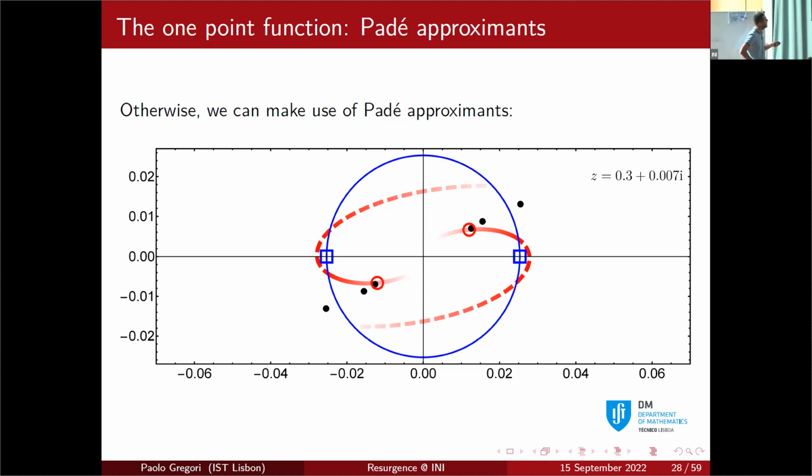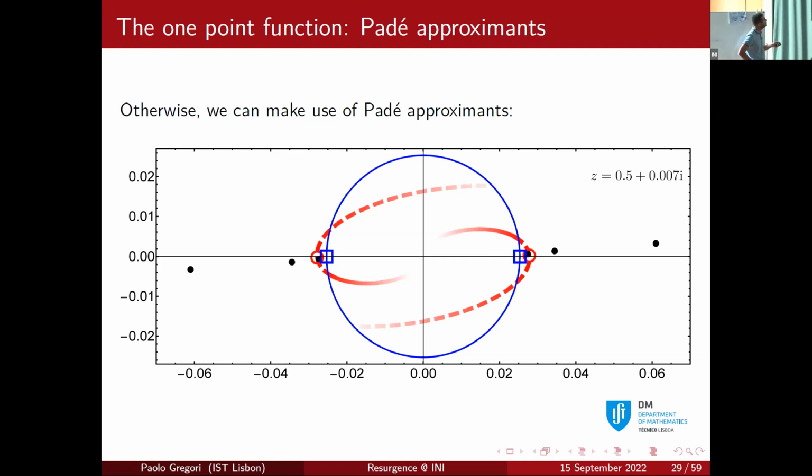As you can see, we started from a value of Z at which the FZZT singularity is closer to the origin, is inside this blue radius. So it's closer to the origin with respect to the ZZ brane singularity. And this is reflected by the fact that the Padé approximant poles condense close to the FZZT brane singularities. But now we want to make the FZZT brane singularity describe this red trajectory by changing the